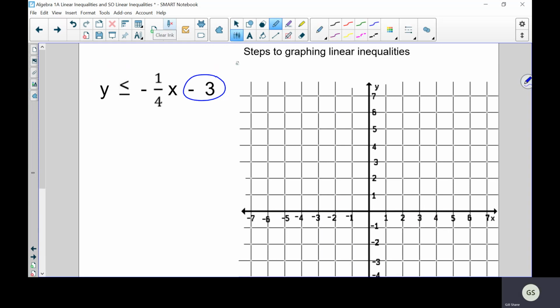So our first step, once we've identified that we have a y-intercept and where the y-intercept is,